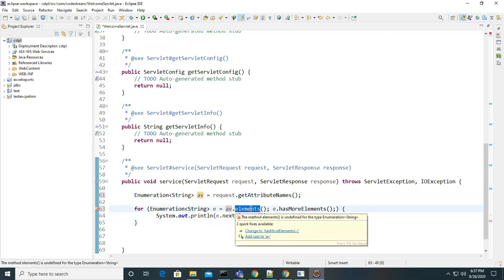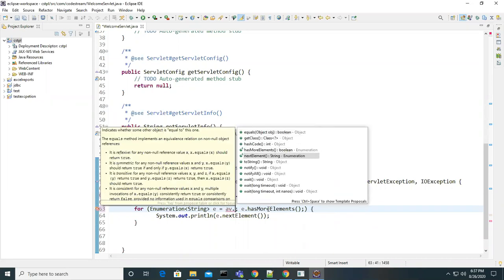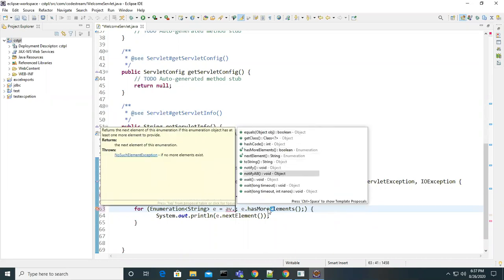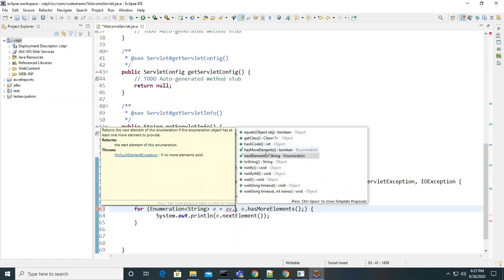I am using my own name, attribute values, AV. Okay, so elements is undefined. What is the reason? Okay, let's see that method. What are the methods? Okay, so we have two methods. It's like an iterator.